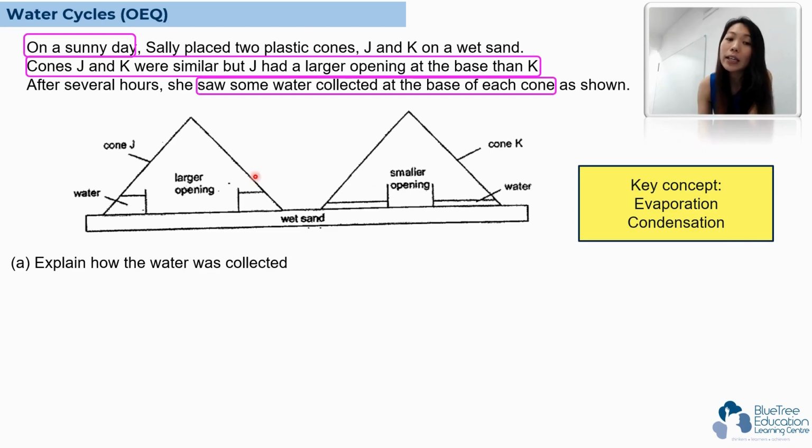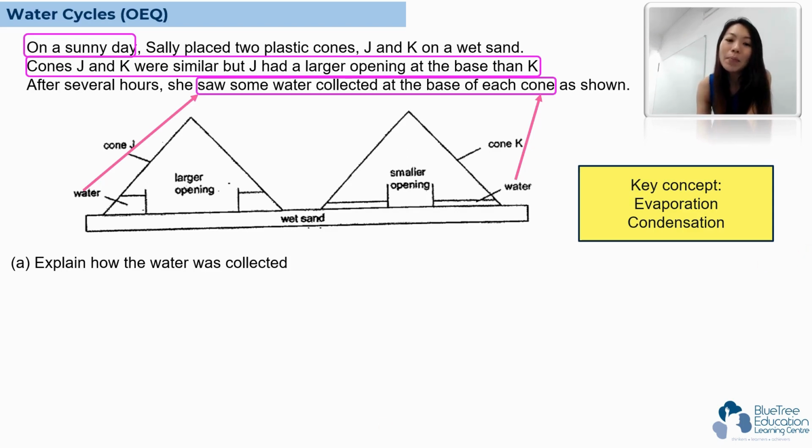In this diagram, it's talking about the ending result, which is the water that was collected at the base of each cone. So please don't misunderstand this question to mean that water was evaporated from the cone at the side of the cone. But in this question, the water that was collected at the side of the cone was actually the end part